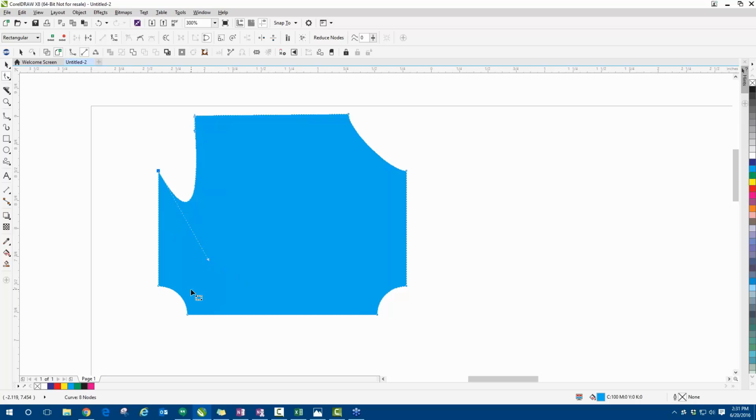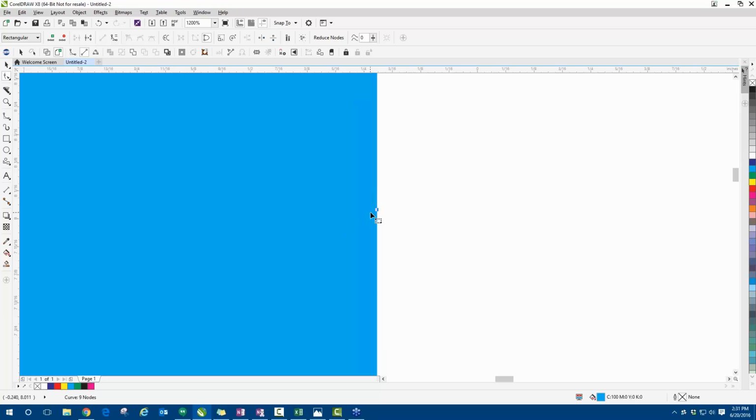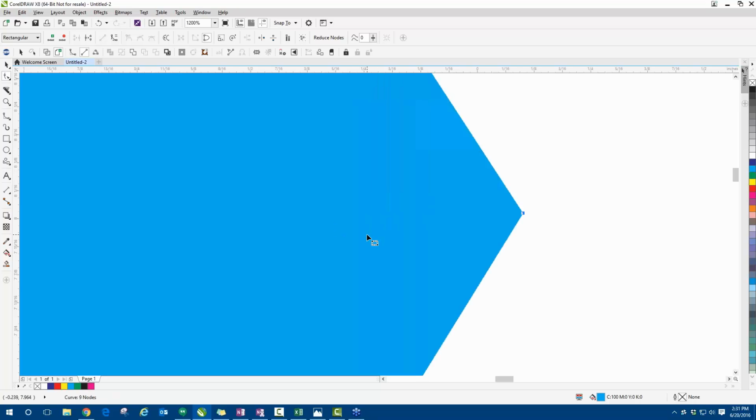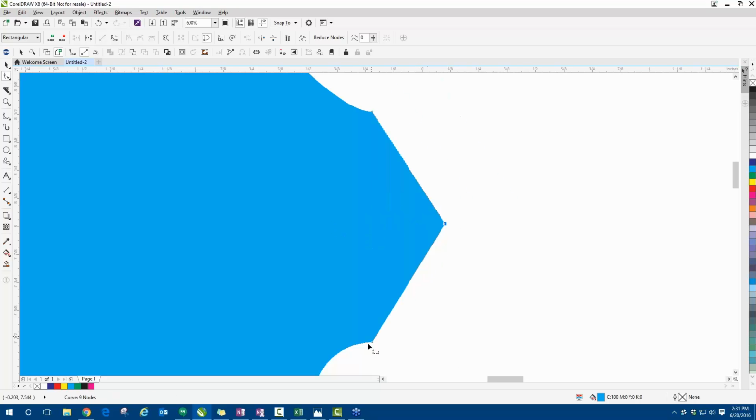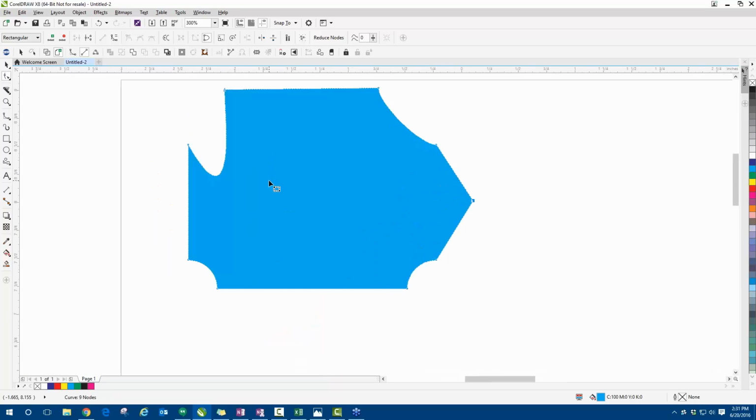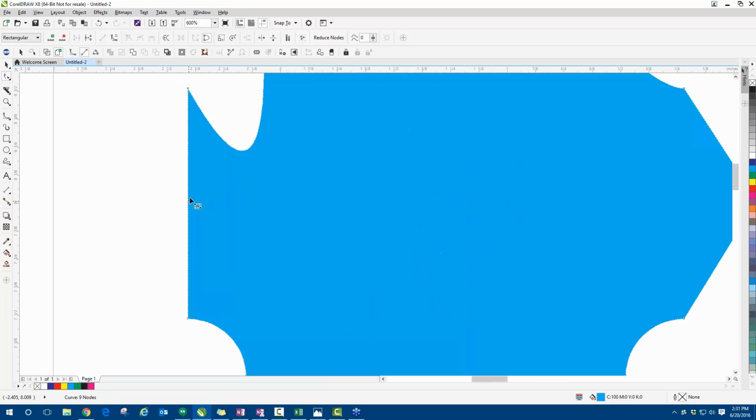Now we can also add points on this line, which is going to give me a bigger ability to adjust or edit that particular design. So let's say we want to add our node right here. There are two ways to do that. I can go to this line right here and double click on it, and that's going to add a node. You can see that box right there. That creates a perfect straight line this way and a perfect straight line this way. The other way to add a node is by clicking on a location on any of the lines here,